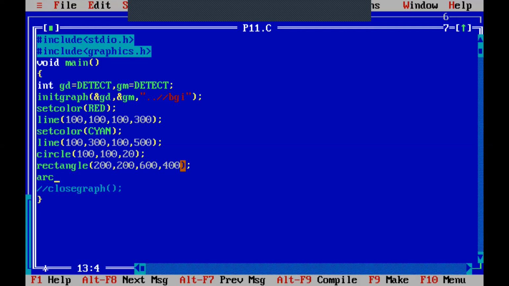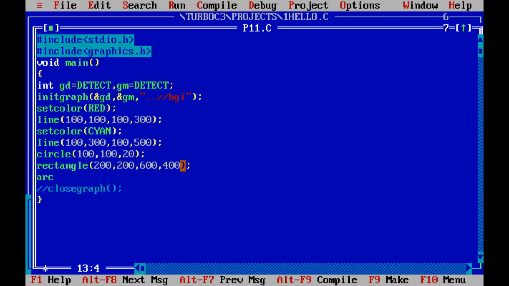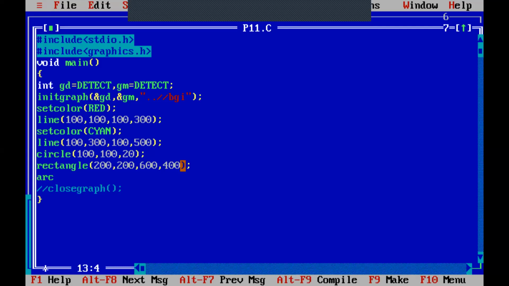So whatever shapes you draw, they will be of the same color once the color is set. Now all three things, the circle, the half line and the rectangle, are all of the same cyan color. Now if I want to change that color, then again I have to set the color. Okay.